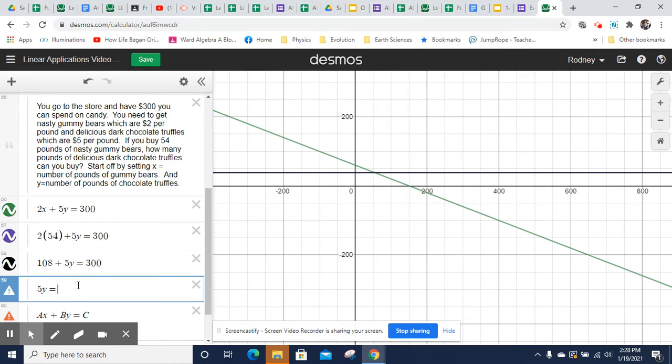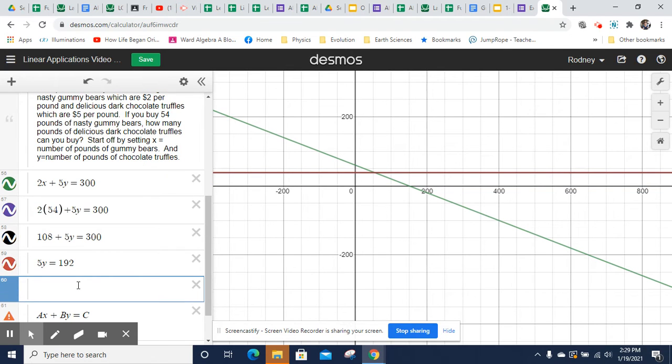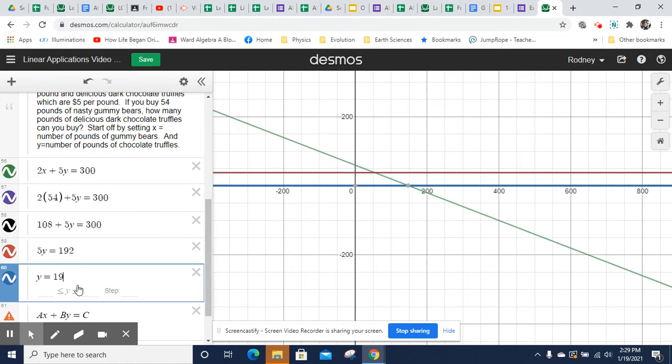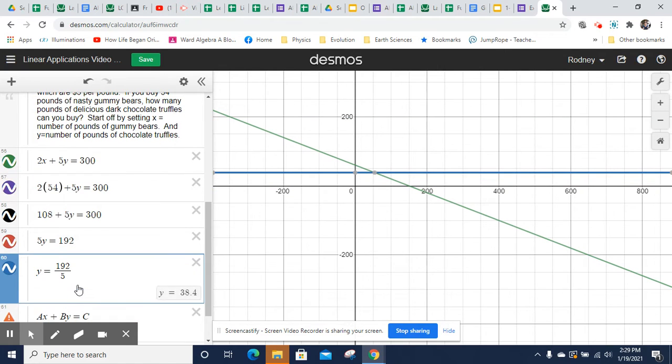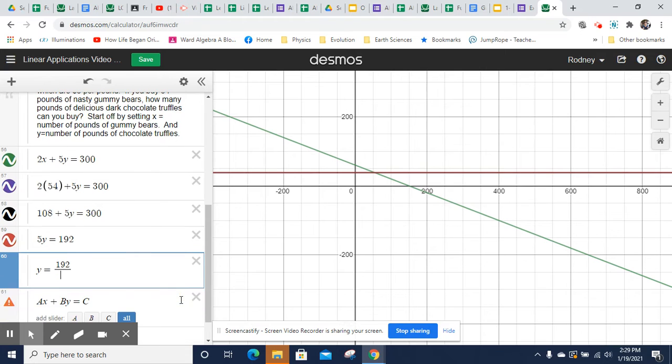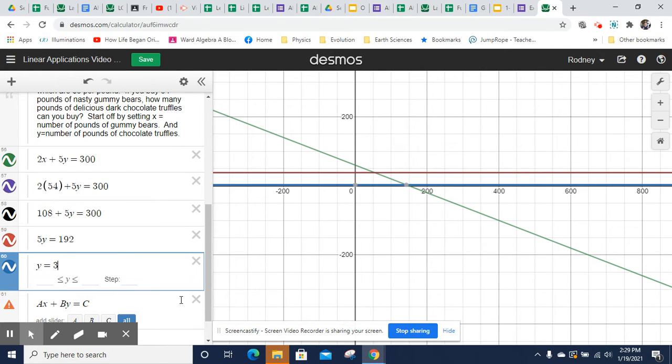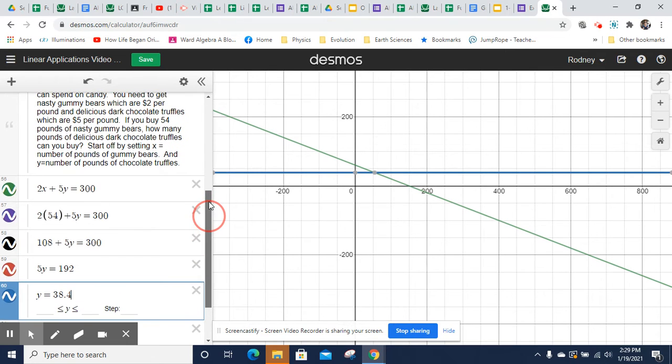And I'm sorry, it's going to be 192. Okay, and now we divide both sides by 5. So Y is going to equal 192 divided by 5, and that is 38.4. So we can get 38.4, or 38 2/5 pounds of delicious dark chocolate truffles if we buy 54 pounds of